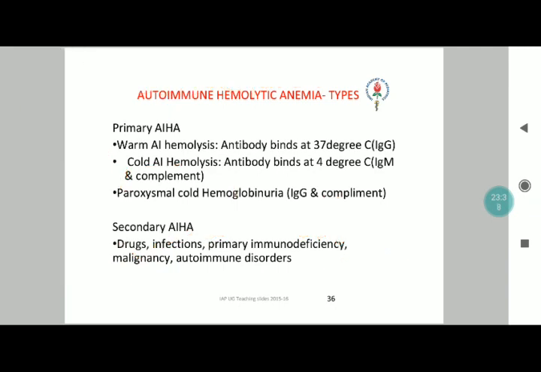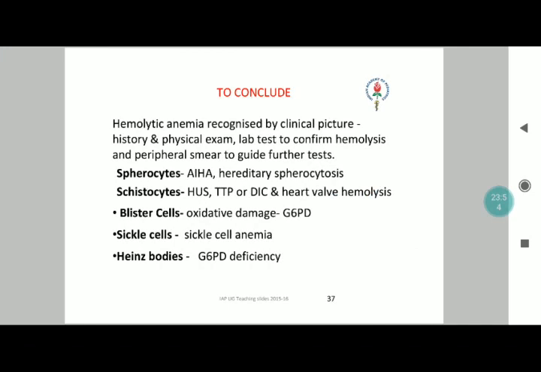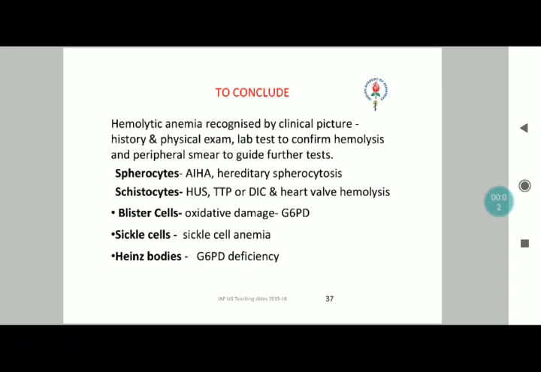But one point which I would like to stress, the evidence in the management of autoimmune hemolytic anemias is proportionately less. So even if you consider the latest databases like Cochrane, the amount of evidence is proportionately less, and it does remain symptomatic and experimental therapies. This slide is just a summary to conclude whatever I have spoken all this while. Hemolytic anemias are easily recognized based on the clinical picture. This final slide basically summarizes whatever I spoke about in the entire presentation.